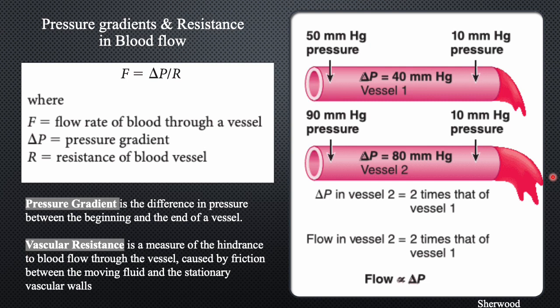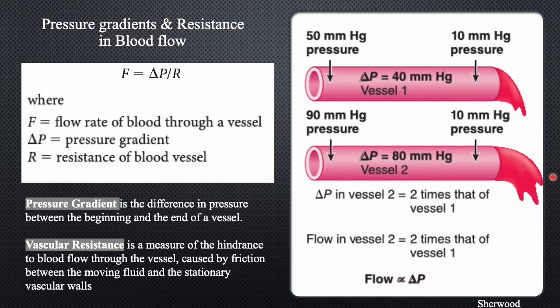So the contraction of the heart imparts pressure to the blood, which is the main driving force for flow through the vessels. Because of frictional losses, which I mentioned in relation to resistance, the pressure drops as the blood flows along the vessel length. Accordingly, pressure is higher at the beginning than at the end of the vessel, establishing a pressure gradient for forward flow of the blood through the vessels. The greater the pressure gradient forcing blood through the vessel, the greater the flow rate through the vessel. That is, the difference in pressure between the two ends of the vessel, not the absolute pressure within the vessel,